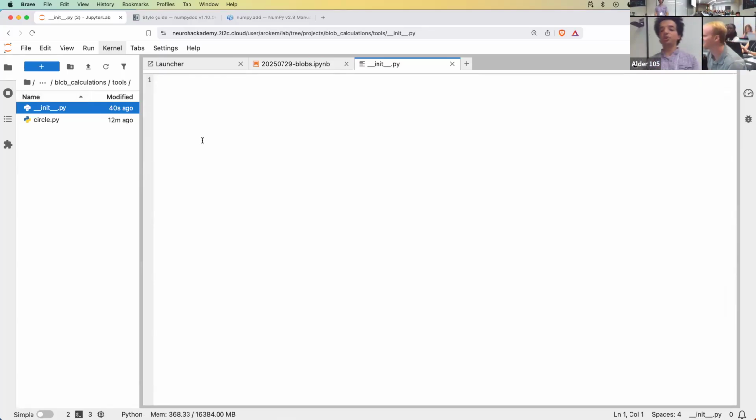Yeah, I mean, you could here do things like from dot circle import. Here's where you can manipulate the namespace of your package. You can write code in here. You can write the function definitions right in here, but that would be really confusing because you don't necessarily expect that. But you can do things like from dot circle import calculate area,